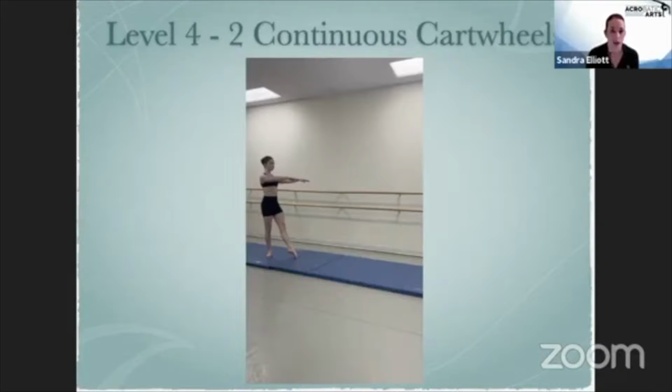So that includes our straight line of direction. We are looking to make sure dancers are not including any extra steps or hops between the 2 cartwheels. We want to see good rhythm, good fluidity. We want to see that nice transfer of weight exit that we've been working on since our primary in level 1. And clean ending position with balance and good posture at the beginning and the end of the skill. So let's have a look at this dancer.